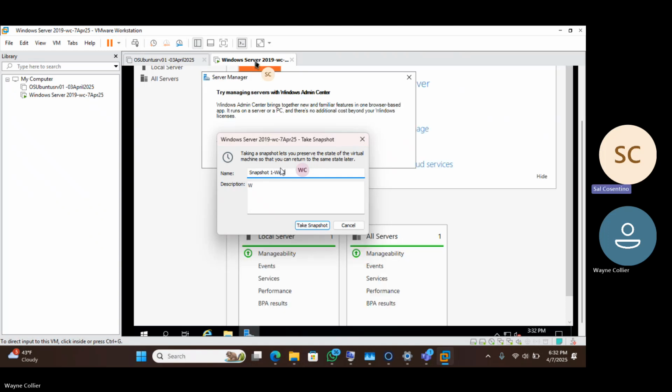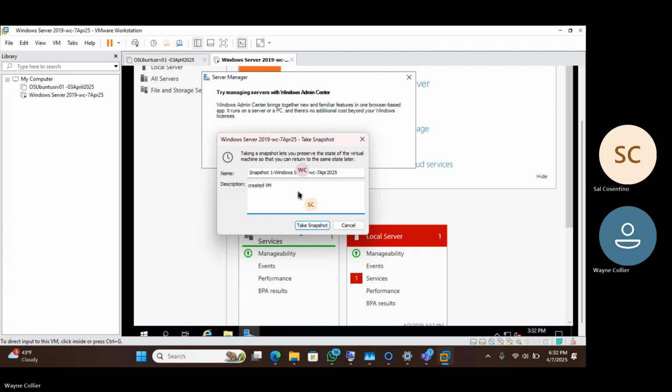Windows Server. Wayne's Windows Server or WC Server. I would call it WC Server. Give it a brand, and then today's date, so you know you created it. And then in the description, you're going to make it as descriptive as possible. You're going to say, hey, I created the virtual machine, created the bare metal machine, gave it 6 GB of RAM, 2 500 gigabyte disks,